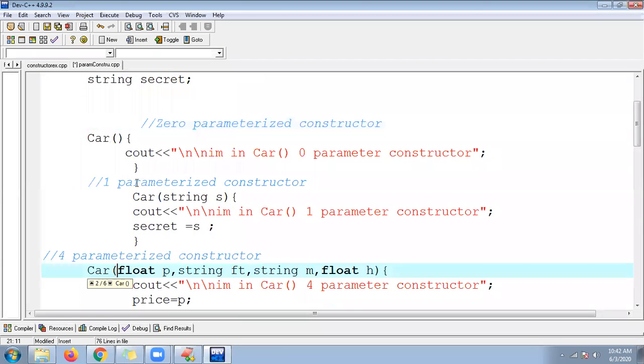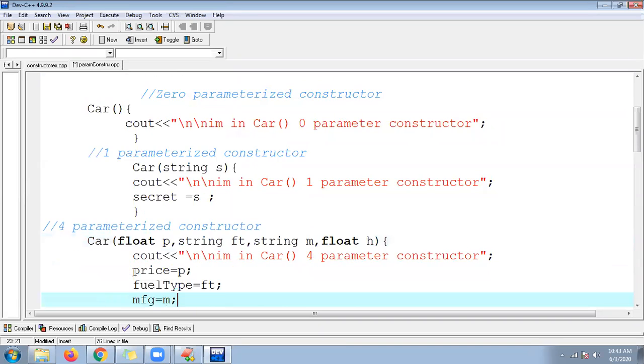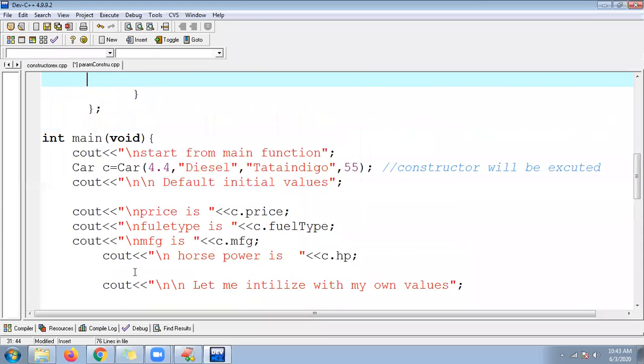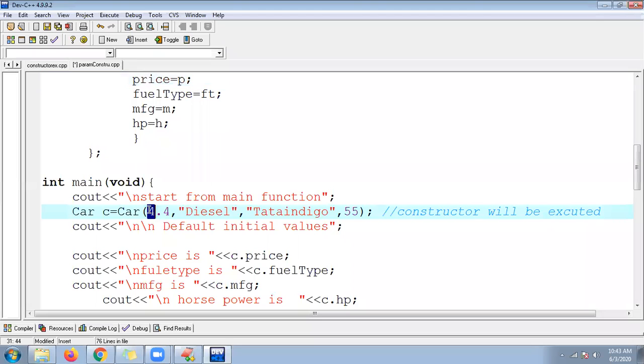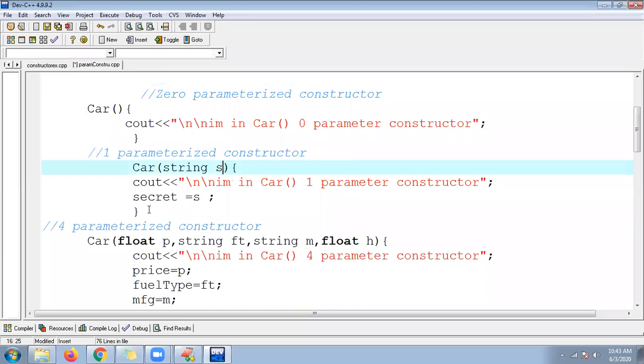Look here. Syntax. In the 4 parameter constructor, how many parameters are there? 4 parameters, right? Right, guys? Are you getting it? Yes, sir. So I have to pass 4 parameters here, right or wrong? That means the number of parameters I have to pass. If it contains only one parameter, now I want to call this constructor. I want to call a single parameter constructor. What should I do? So scroll down.